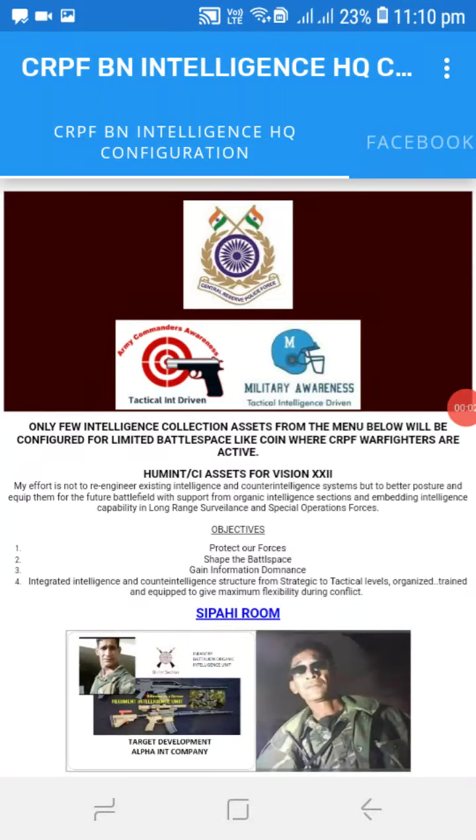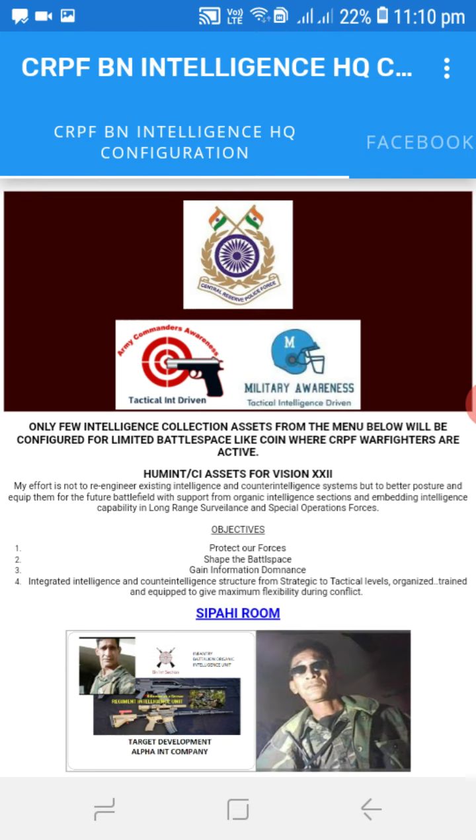This is a video on the CRPF Battalion Intelligence Headquarters configuration. I'll attempt to explain my concept of tactical incapability for the CRPF. I'll be zooming in on certain elements or portions of the page of this app, and I'll explain how